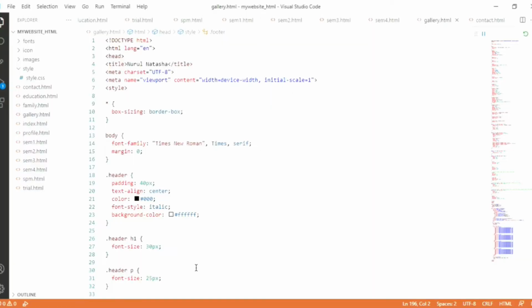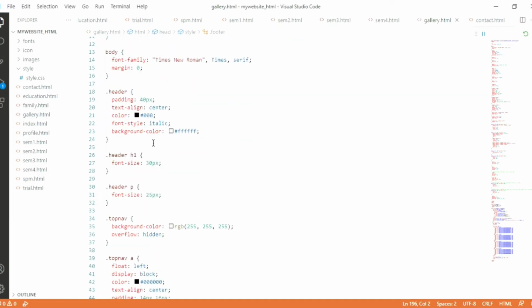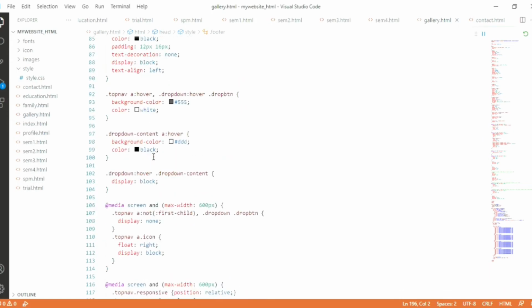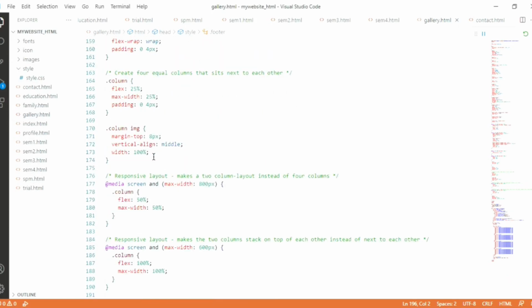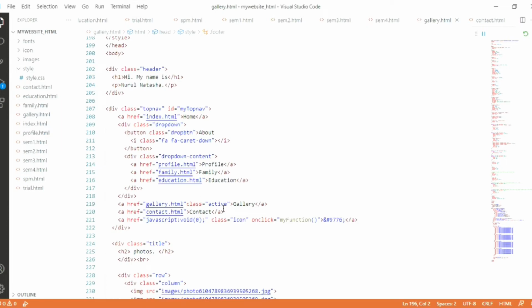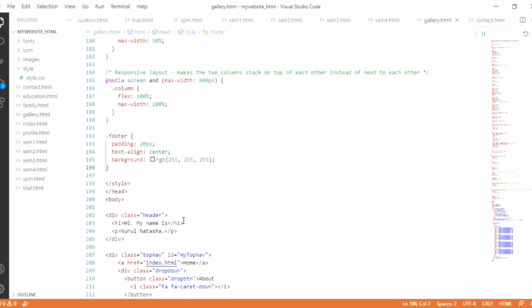Okay, so the third page is gallery.html. It's the same thing, the same header, footer, and menus. But this page has a list of grids of pictures of me, my family, and scenery. As you can see at the bottom,